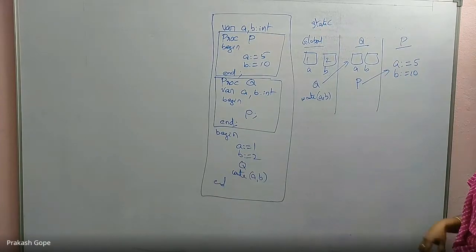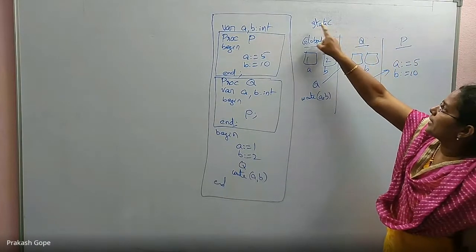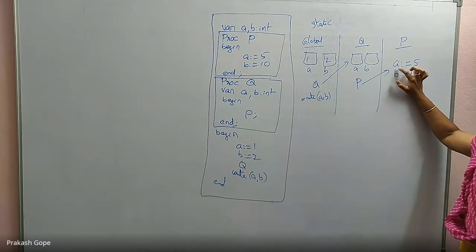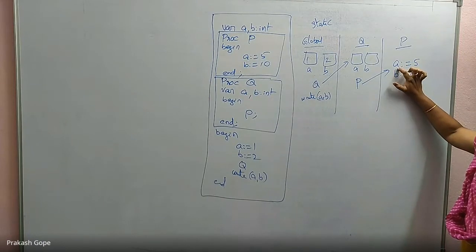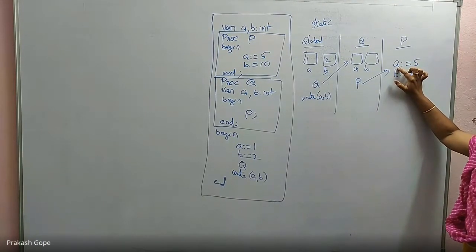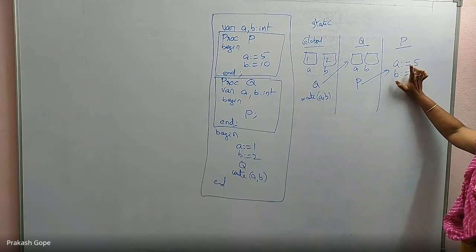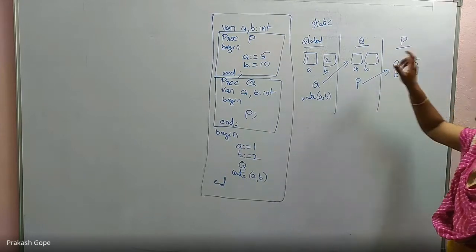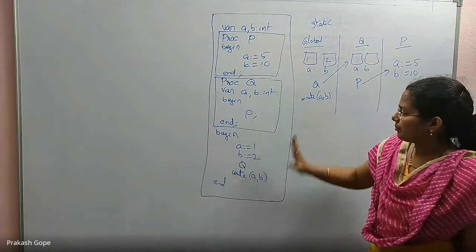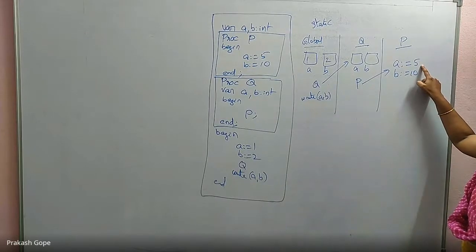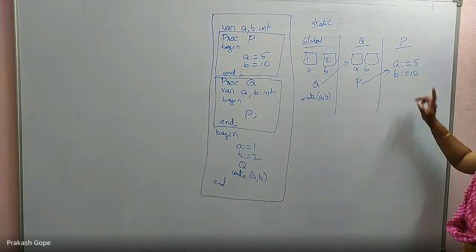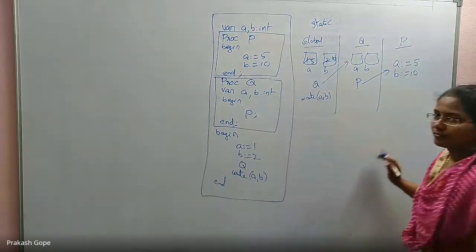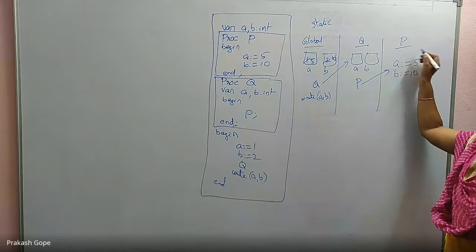No. So then I will look at the scope, static scope. When I access a variable for retrieval or for assignment, first priority is for the locally declared, but I don't have a locally declared variable. Then static scope says it's the outer block's variable. So for procedure P, the outer block is the global program. The global program's A must be assigned with 5. The global program's B must be assigned with 10. So A is 5, B is 10. Updated. Because there are no locally declared variables.